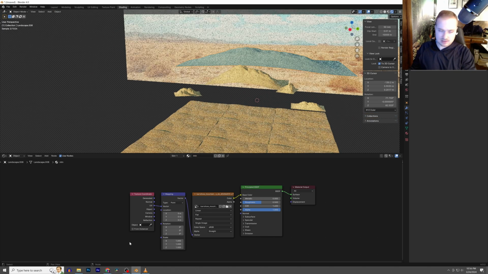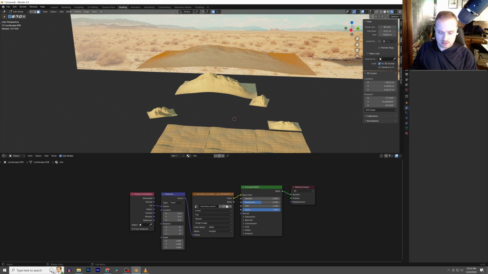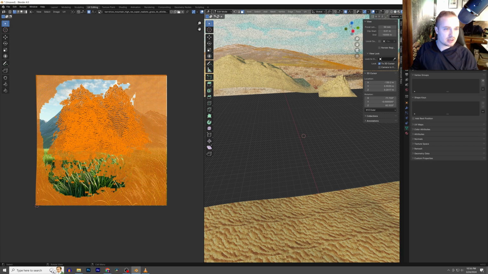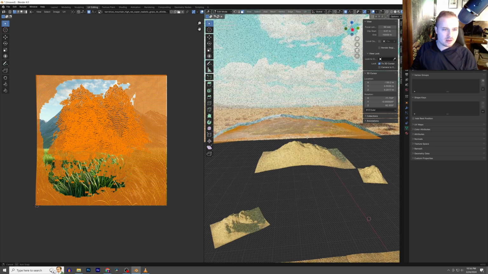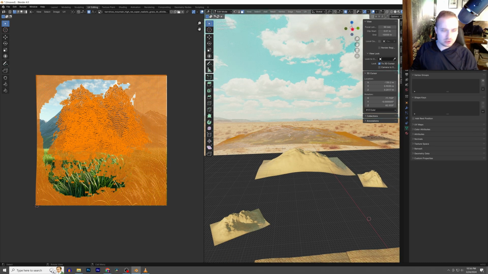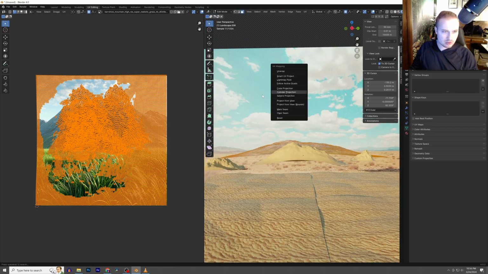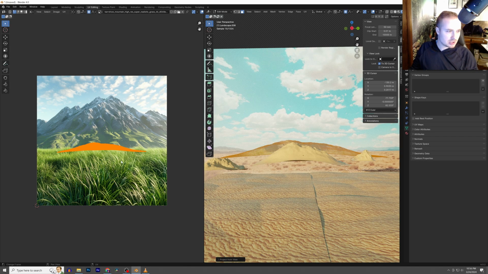I'm going to get rid of this scale here because we don't need it. And let's see here. How do we want to do this? Let's try a cube projection, and then let's go to the UV editor and see what we're looking at here. We could just project from view, actually. Let's try to just project from view. I'm going to get down low here. This doesn't have to be perfect because it's so far away from the camera. So let's project from view,